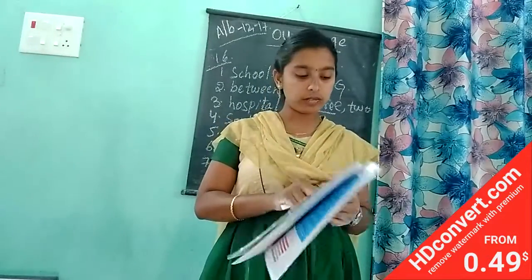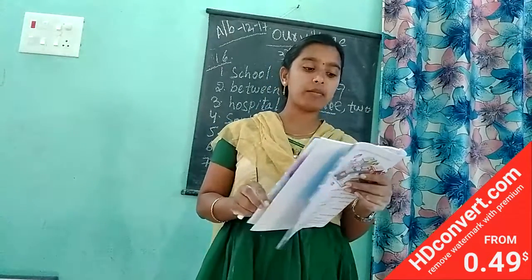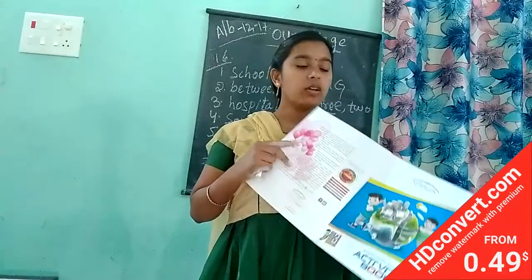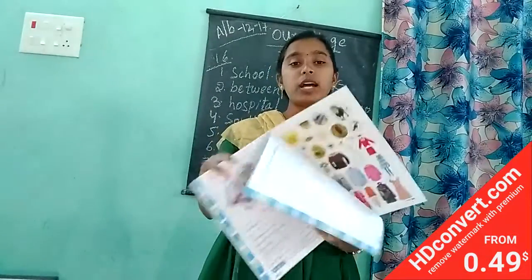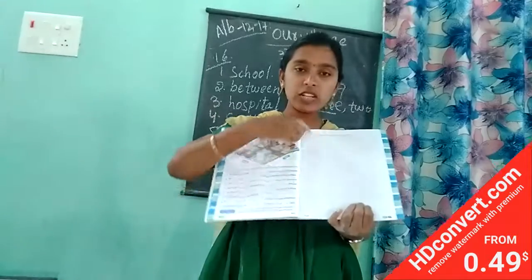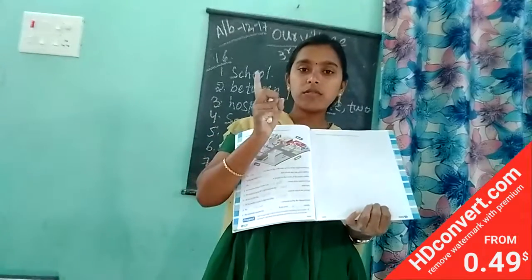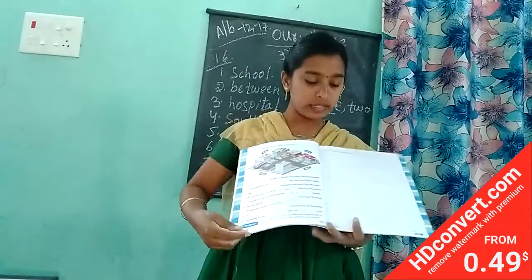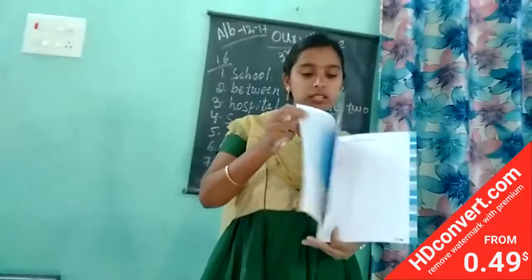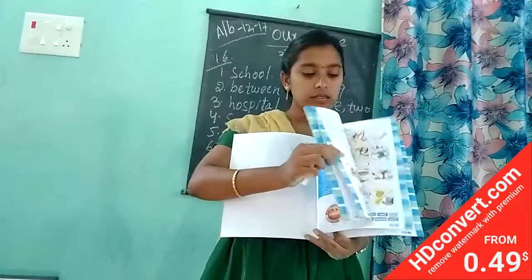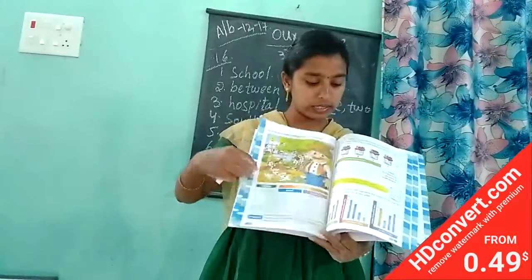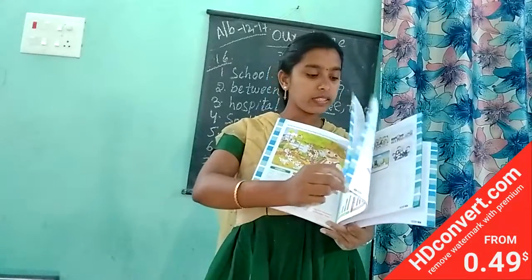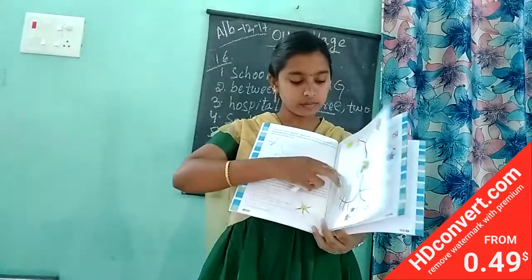So next page what we are having means prepare your own mind map to explain the lesson. So what you have to do means this mind map you have to write your own. So what you had learned in your workbook, in your course book, everything, all the lessons what you had learned, everything you have to write here. For example, you are having in your first one. If you see in the first lesson, there is a mind map. They only had given how to write the mind map.